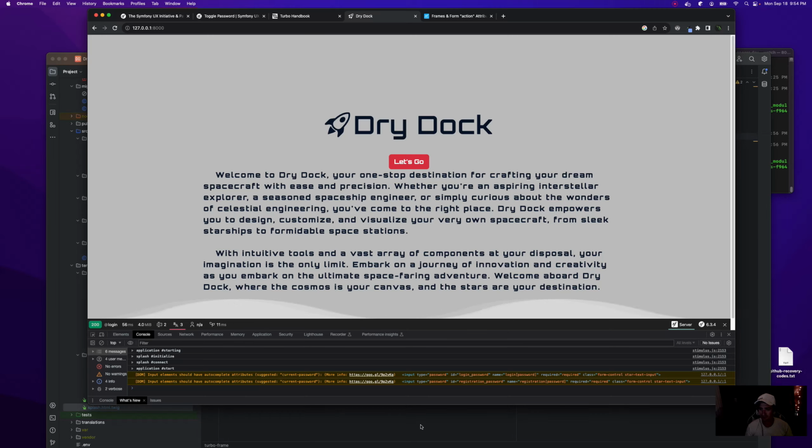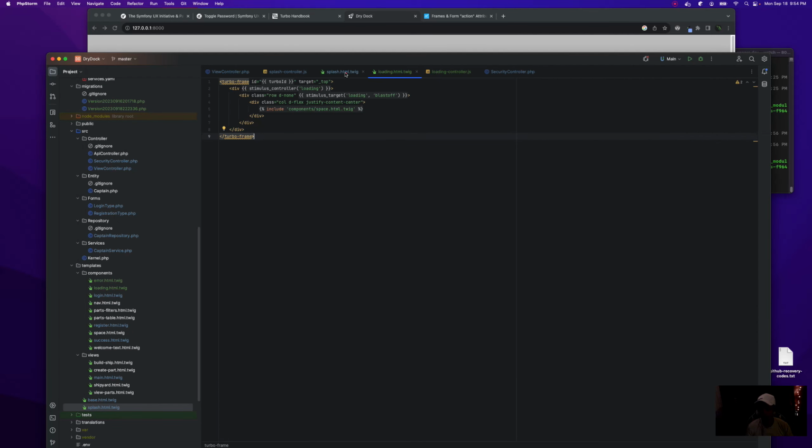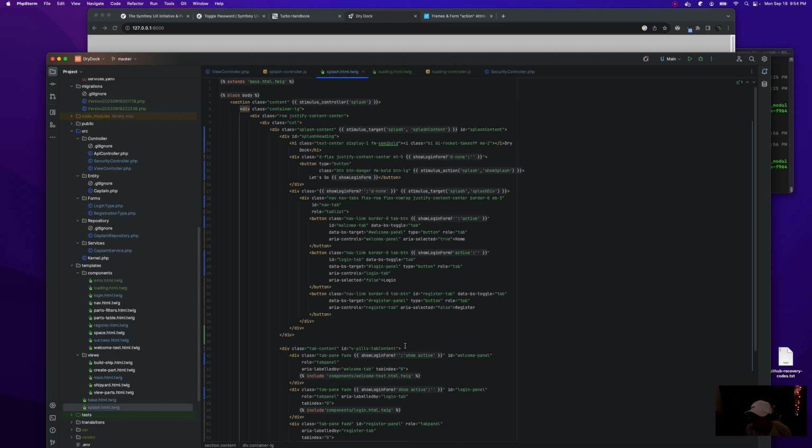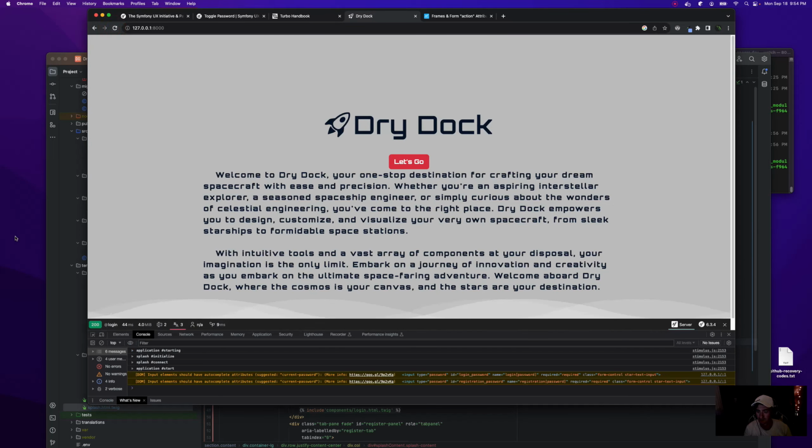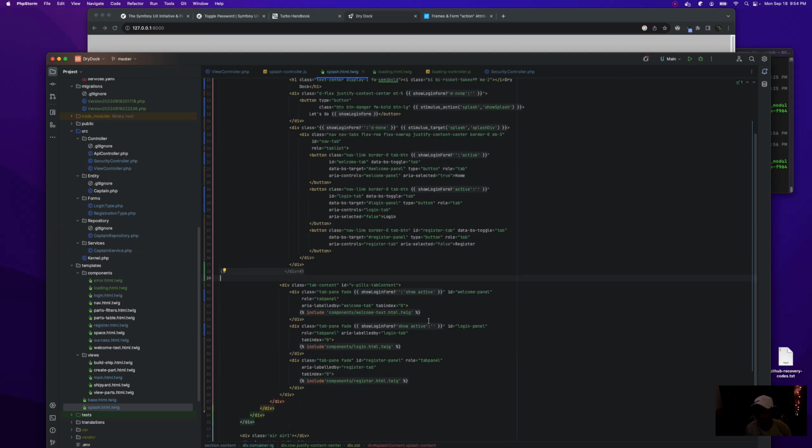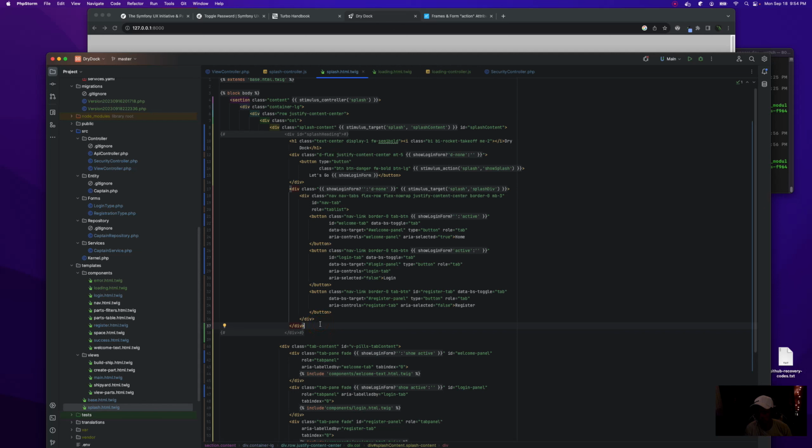There we go. So now we got some issues with our markup. Okay. Why is that happening? Welcome text. Right?